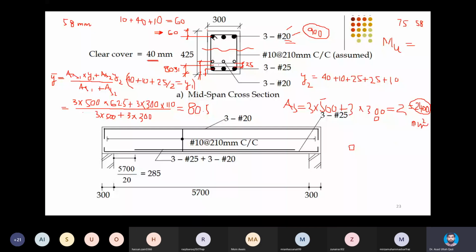That in your beam at site, which is of 6 meter span and has simply supported end conditions, and it has this cross section, how much Mu and then finally how much Wu you will get. If your Wu comes out to be greater than or equal to 70 kilonewton per meter, I will be satisfied that my design is okay and I have a case 2 beam